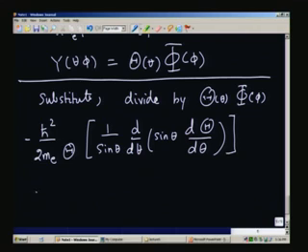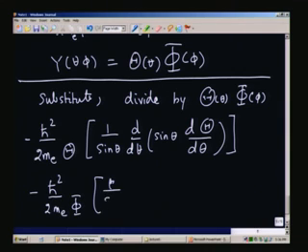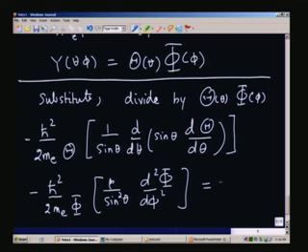This is the first term, and the next term will be minus h bar square by 2me times phi, and you have 1 by sin square theta d square by d phi square of capital phi